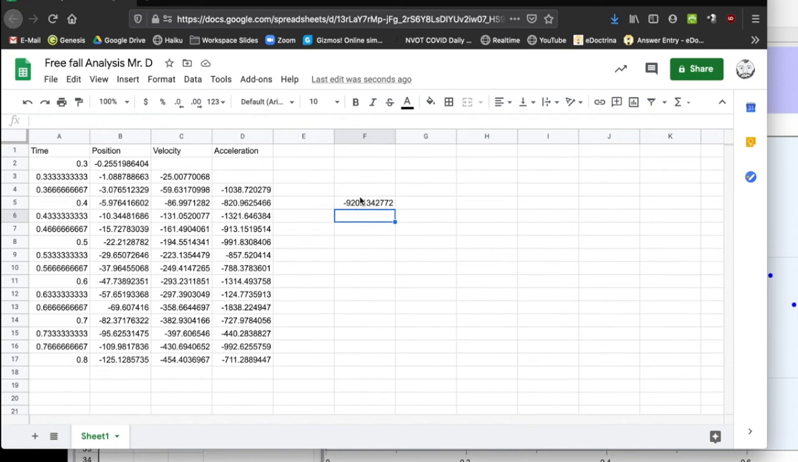Keeping in mind this is centimeters, what we want ultimately is meters. So we can take this value and divide it by 100. And that'll give us the average acceleration in meters per second squared. Ultimately, the average acceleration should be something like 9.8 meters per second squared. And so this tells me that I didn't do a very good job of clicking on that little white